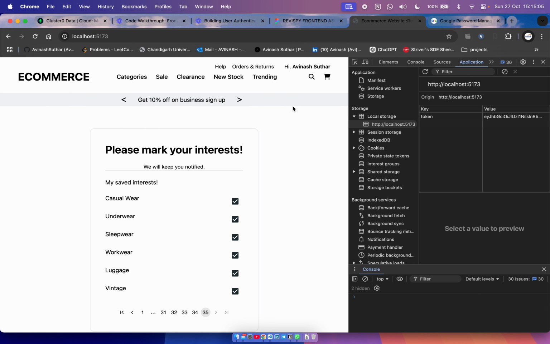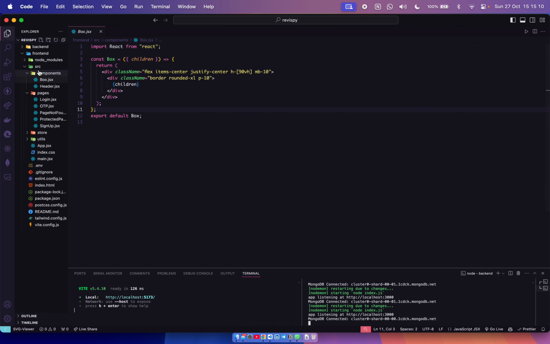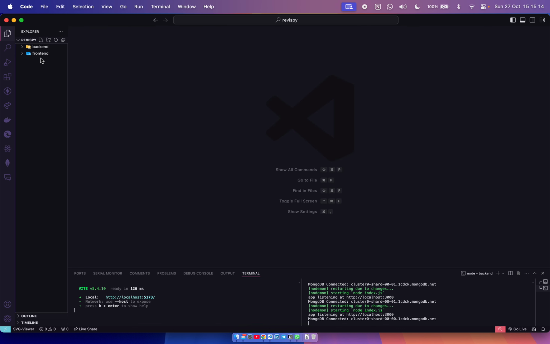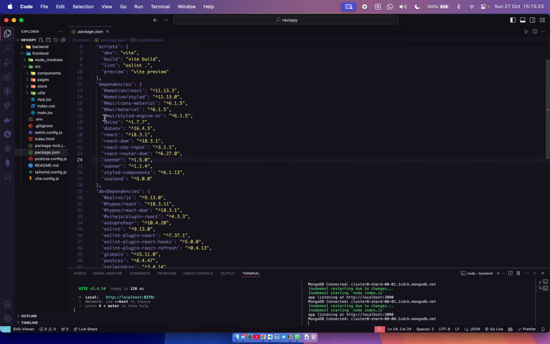Let me give you a code walkthrough also, first of the front end. In the front end I have used React. Let me show you the dependencies first that I have used for this application.